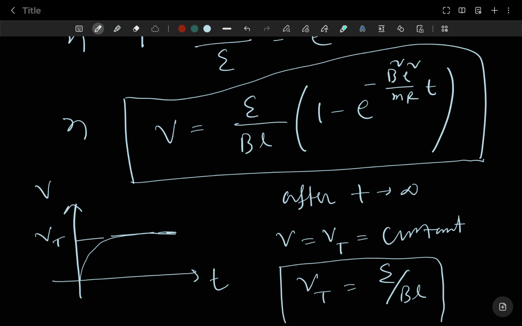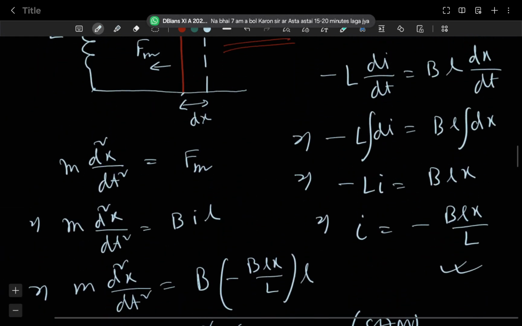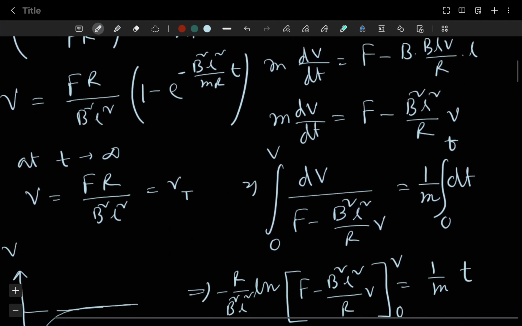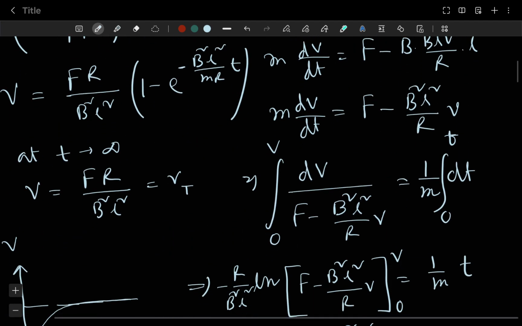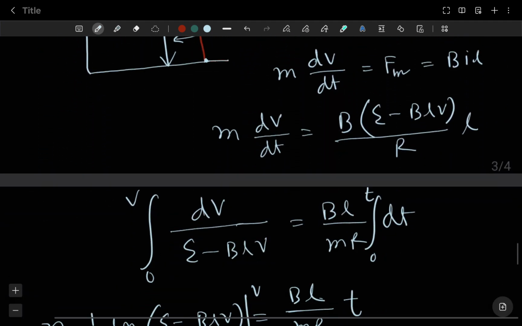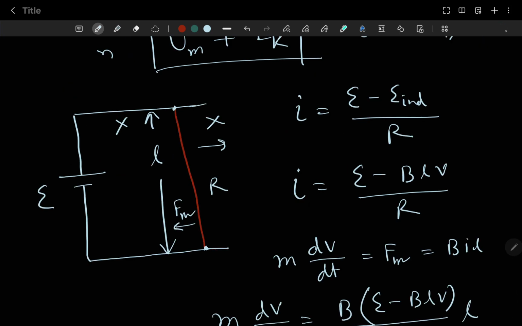Alright, so in the first case, the terminal velocity was Fr by B square L square. Here it is epsilon by BL. Alright, clear? So it is the impulse given to the rod